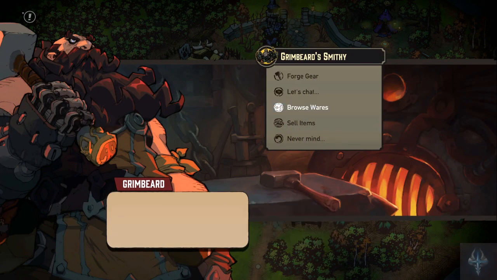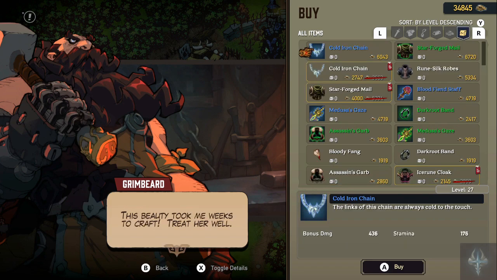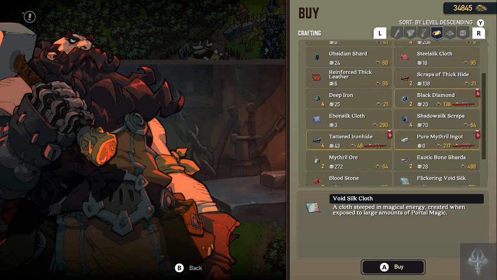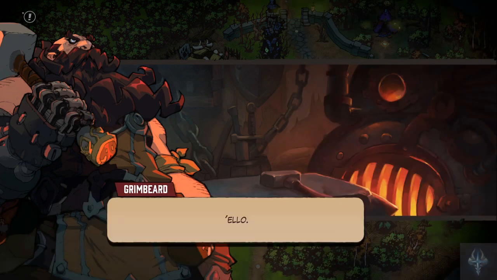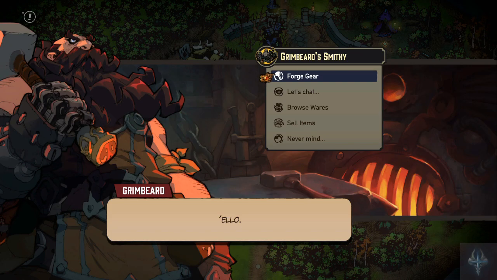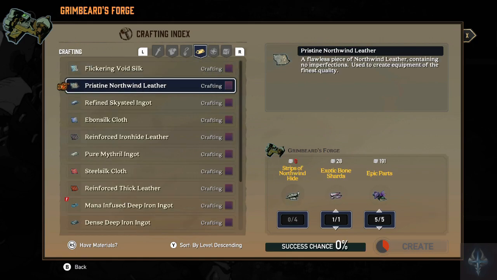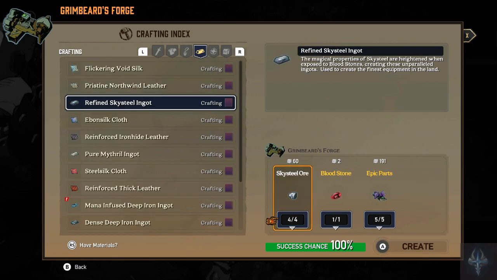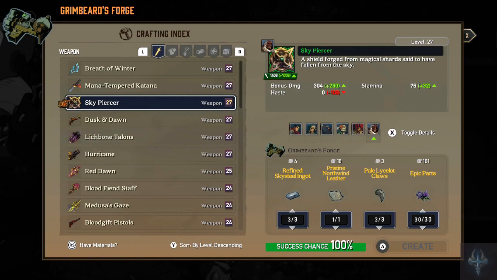What do you need? Let's buy. He only has 2. Well, thanks. So I can make 2. Not enough to actually do what I want. So I could make 2 of those, and that's not enough to make the weapon that I want. Oh, no, it is. Okay. So let's do that and see if I could...